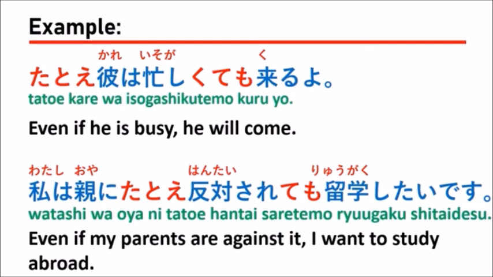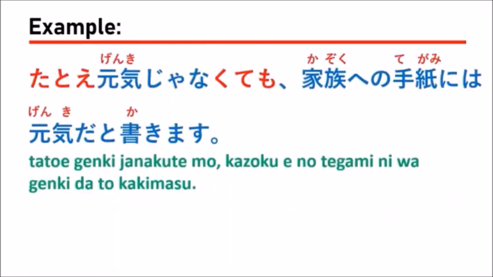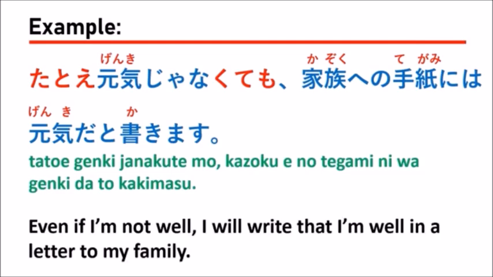So you can say a sentence like this to explain the feeling of what you mean and what the problem is. 私は親にたとえ反対されても留学したいです。